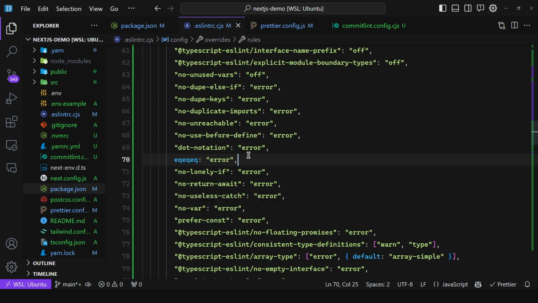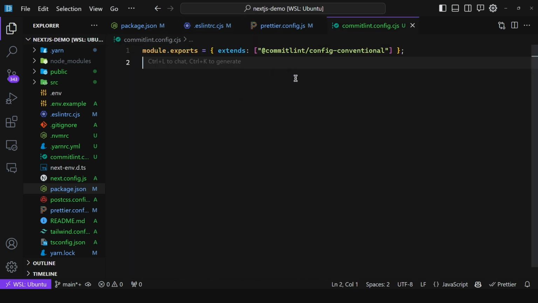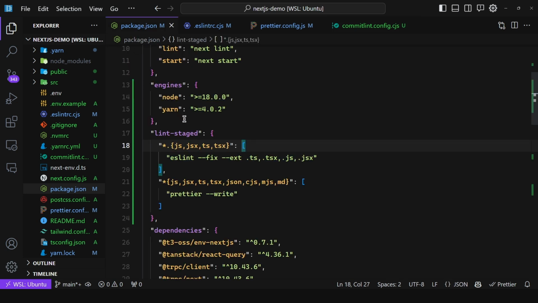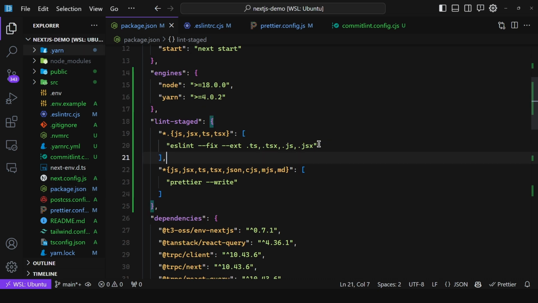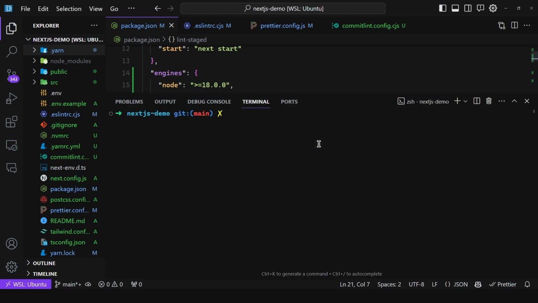So once you have all of these rules, what we can do is add the Husky hooks, which are going to execute the Commitlint configuration to make sure that your commit message follows this conventional config, and also the other one for running ESLint and Prettier. So now we need to set up the pre-commit hooks. So for this, we need to initialize Husky. So we can open up the terminal and write yarn dlx and then